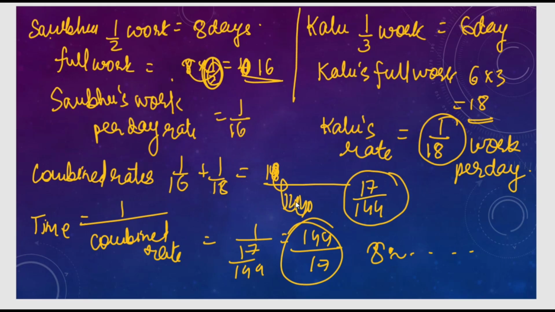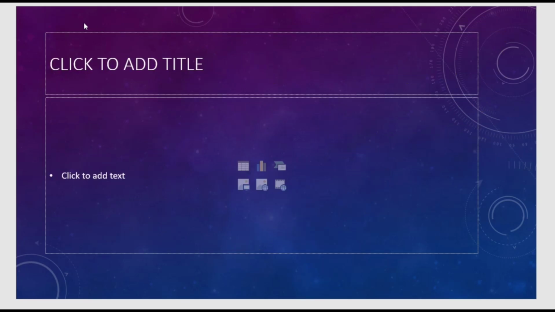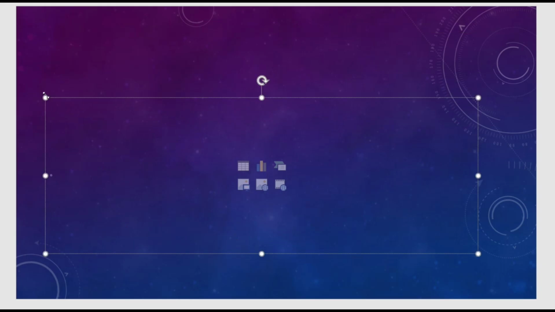Now read the next question, beta ji. An engineer undertakes a project to build a road 15 km long in 300 days and employs 45 men for the purpose. After 100 days, he finds only 2.5 km road has been completed. Find the approx number of extra men he must employ to finish the work in time. So it's a road problem, and we have given the total road and total time also, but we have to find the middle things.